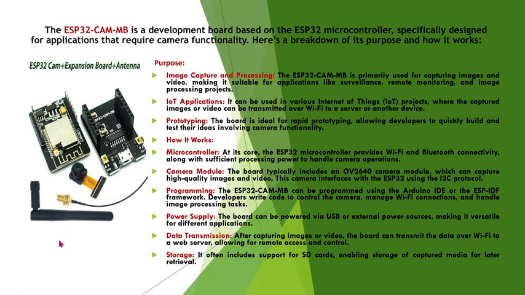The ESP32-CAM MB is a development board based on the ESP32 microcontroller, specifically designed for applications that require camera functionality. Here's a breakdown of its purpose and how it works. Purpose: image capture and processing. The ESP32-CAM MB is primarily used for capturing images and video, making it suitable for applications like surveillance, remote monitoring,